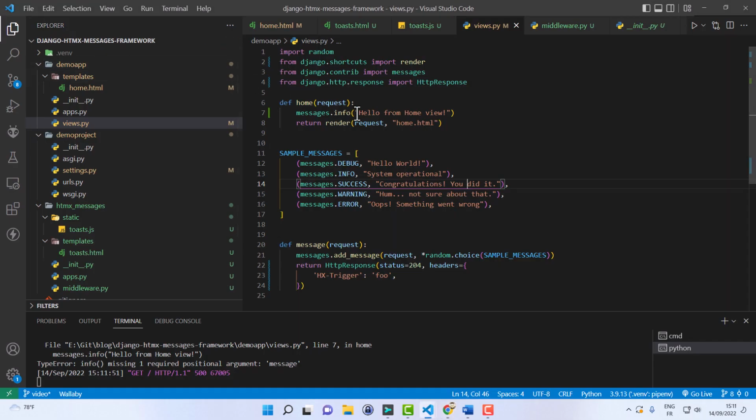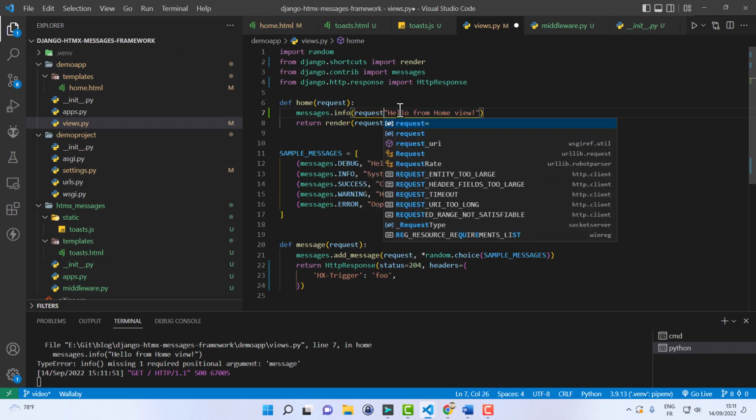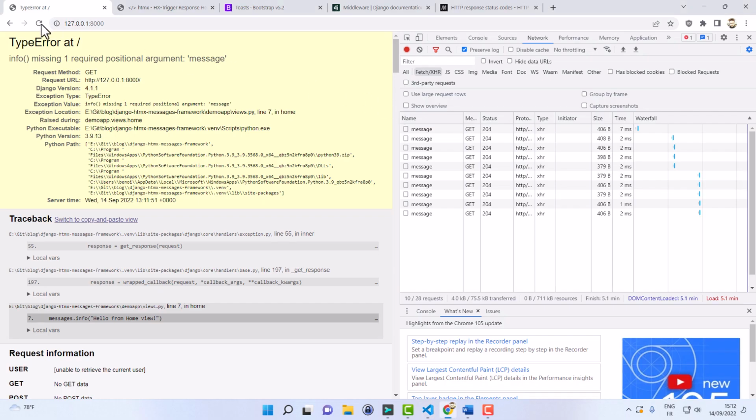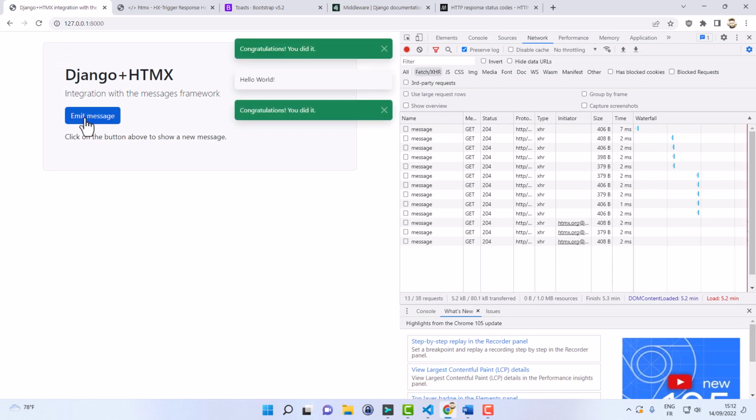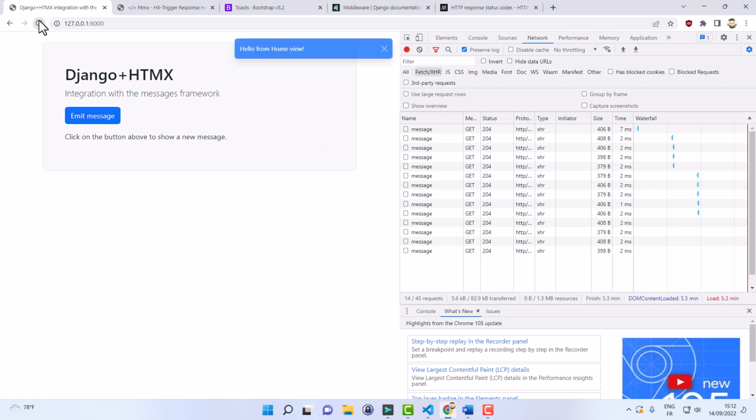One positional argument. No, I forgot to include the request. Hello from view, and it also supports the old one. Every time we refresh here, we get the message. So now we support both types of messages. The one from the classic Django views that returns a full page, and also the one from HTMX that returns only a partial page or even an empty response, as we just saw.